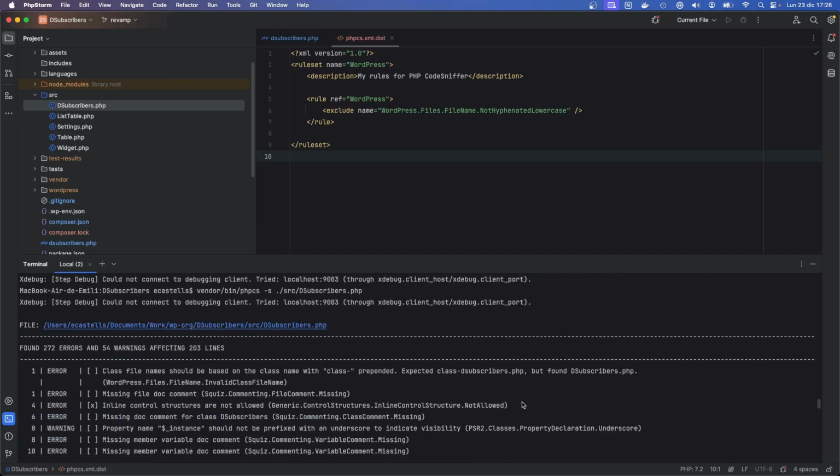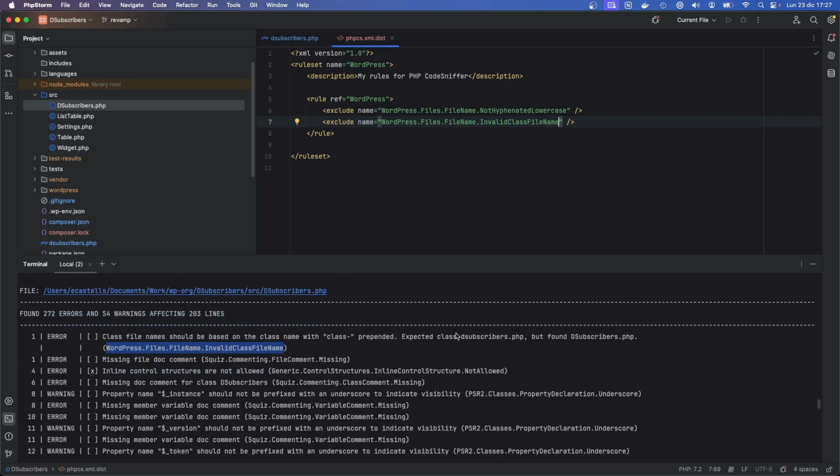Okay, so if you look now at the first line, this is basically excluded. We can do the same for the other one because we don't need it. So we can do the same for this one. And these two are going to be ignored in our custom configuration. Okay, so one thing we can do is, because here there is a lot of things to check,